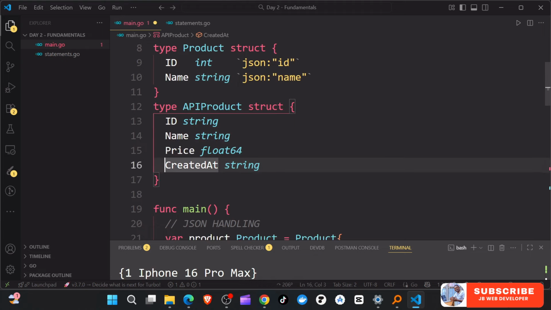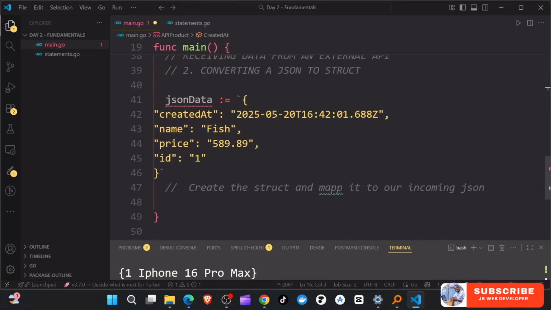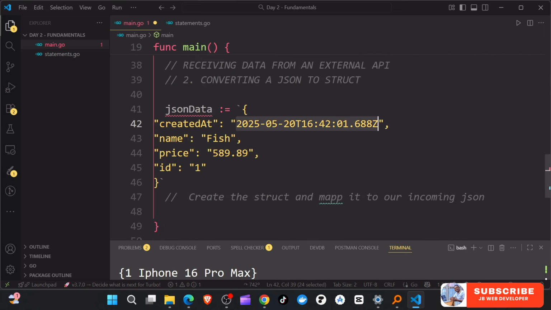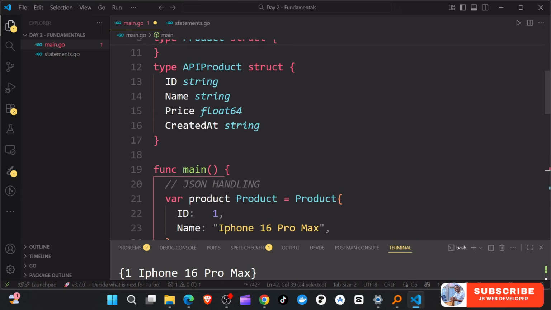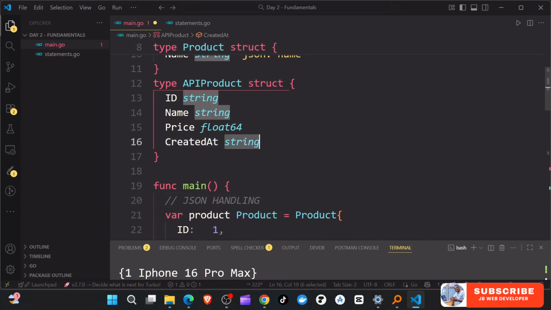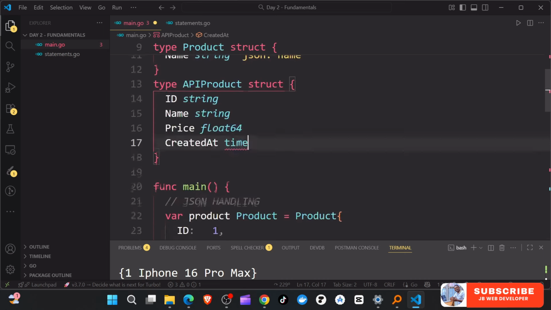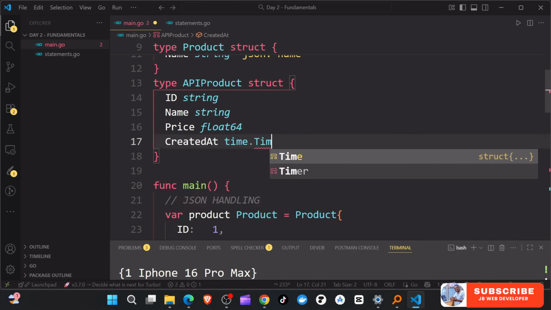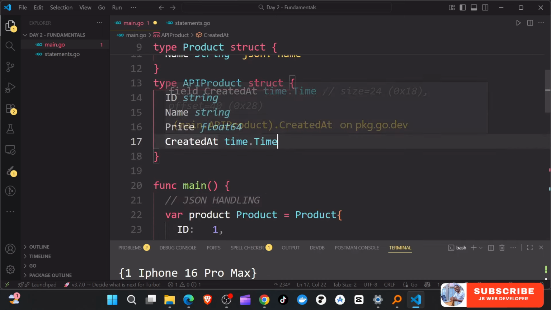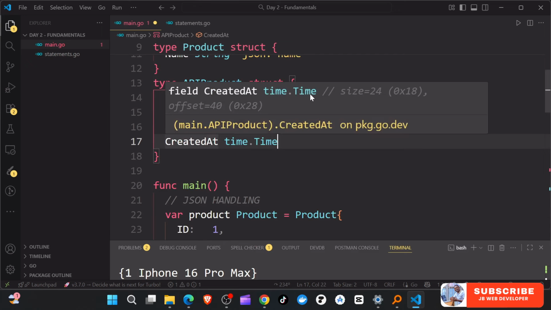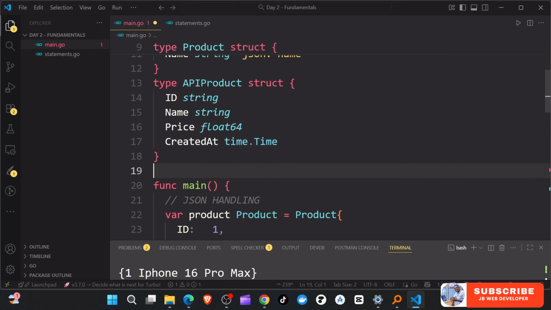And if you look at the created at that we have here, this is a timestamp. Okay, so for the time, I'm actually just going to be using the inbuilt time package. So you can say this is going to be time, which is imported from time, and you can say time.Time. So this is the type of this. The time is also actually a type. So I've just done this, created my